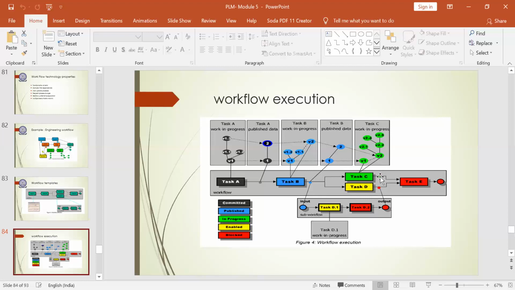So now both the output of task C and task D will be published, and that will be transmitted to task E. So task E will have some variables, some work which has to be done to complete that particular task. So that uses the output of task C and D as input data, does the process and finally yields the required output.